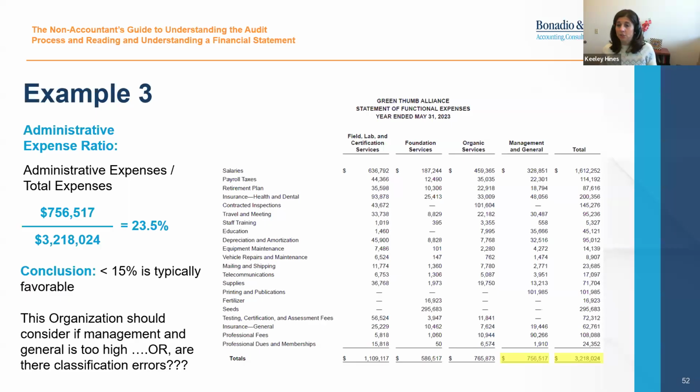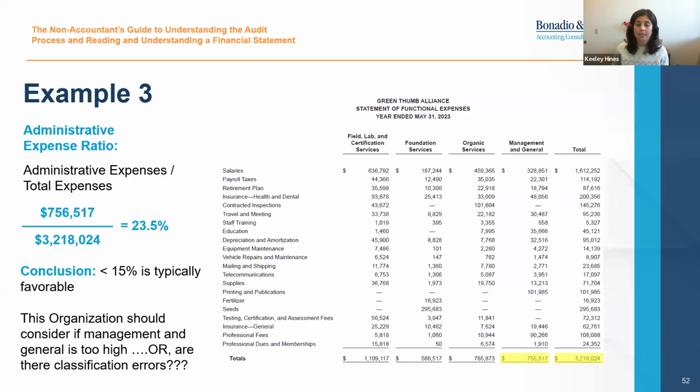Let's take a look at the administrative expense ratio. So again, this is going to be the flip side of the program expense ratio, right? This is the other half of the 100%, or the other portion of the 100%. So this is taking a look at, you have management in general expenses that don't particularly pertain to a program, and how much of your expenses are those types of expenses. In this case,